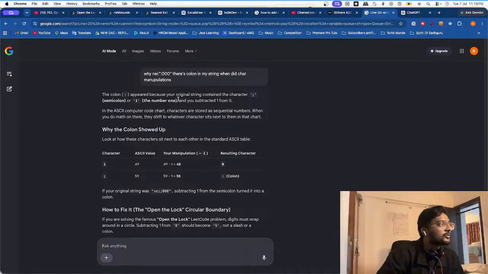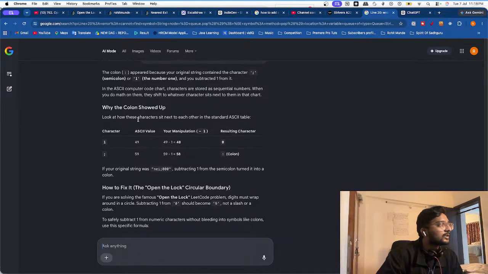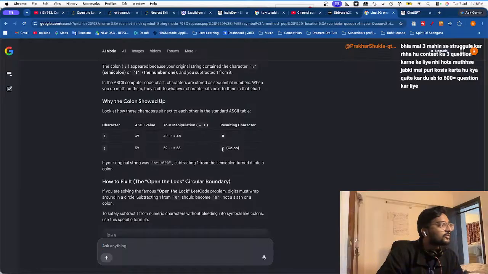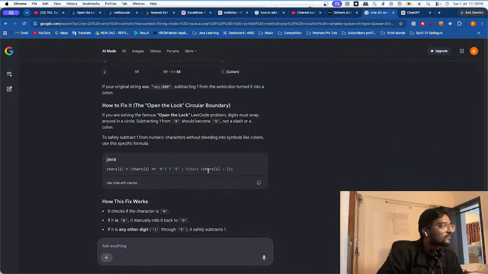The colon appeared because the original string contained a character semicolon or 1, the number 1, and you subtracted 1 from it. In ASCII, computers store characters as sequential codes. When you do math on them, they shift to whatever character sits next to them in the chart. Why the colon showed? Look how this character. Okay, in ASCII 49 minus 1, it becomes 0. So if your original string was this, subtracting it from this would be, mm,